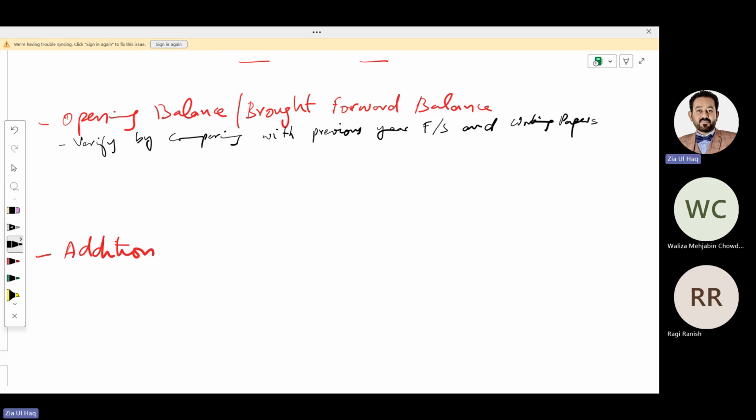If we were the auditor in the previous year, this means we had verified the previous year closing balances. So we just need to compare current year opening balances with the previous year, whether they are the same or not. But if we were not the auditor in the previous year, then we need to verify VCRE of opening balances as well.